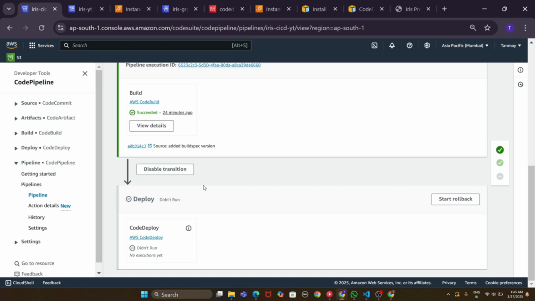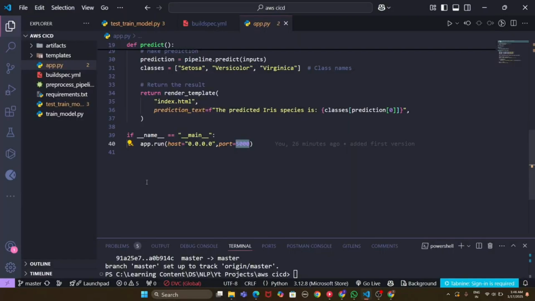So for that also you need to have a spec YML file, and again we are going to create that spec YML file here, and then we will push it so that our continuous integration and the continuous deployment will happen automatically. Fine. Now let's come back to our VS Code and let's create this